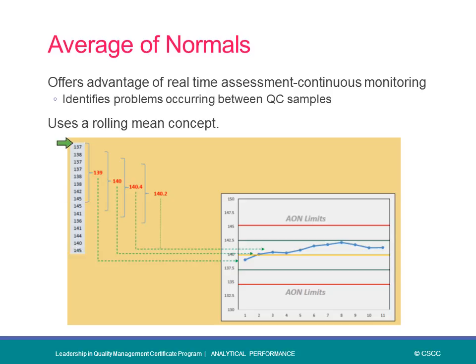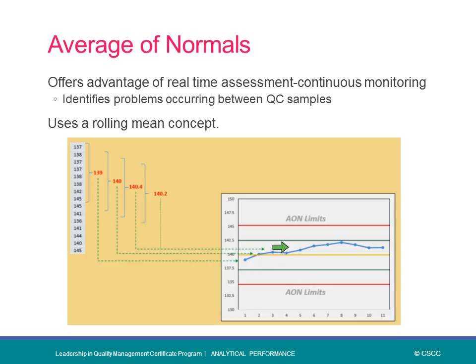That can be plotted on a Levey-Jennings plot with suitable limits assigned, and this can serve as a method in real time, especially for high volume tests and bread and butter tests like creatinine and electrolytes and so on,